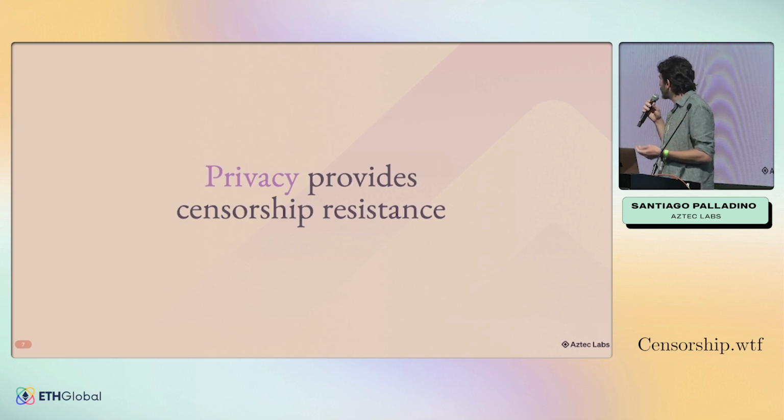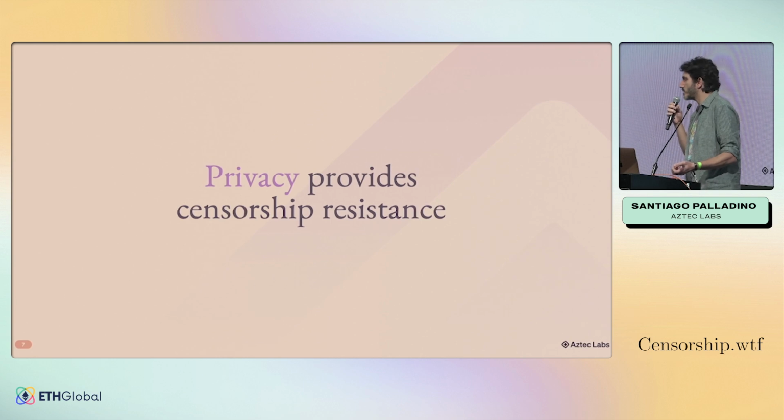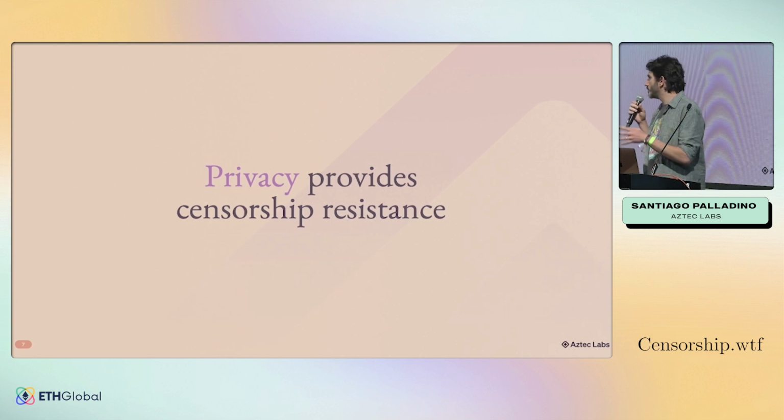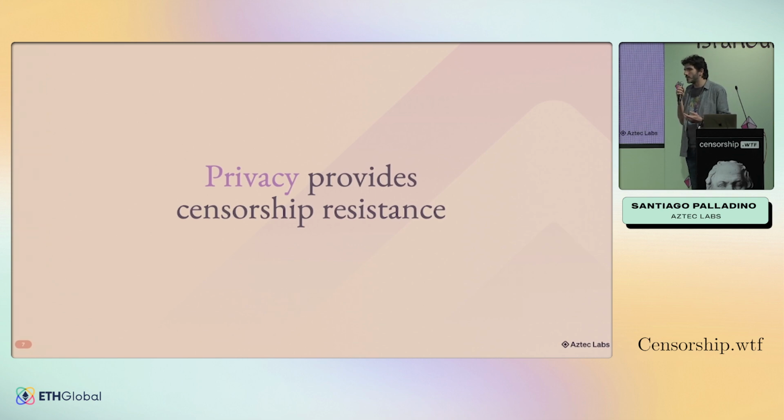And I really like the analogy, because with smart contracts we are used to having code that is law when it comes to execution, and with zero-knowledge proofs and privacy, we're defining the rules of what exactly gets revealed for each application. And we can all agree on that. And we cannot have a third party pop up and suddenly start censoring based on information that they shouldn't have had access to in the first place.